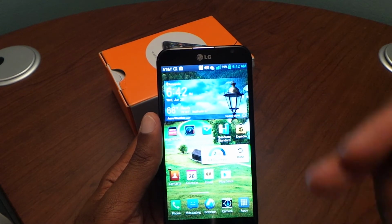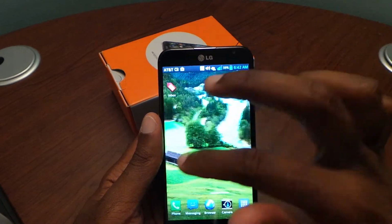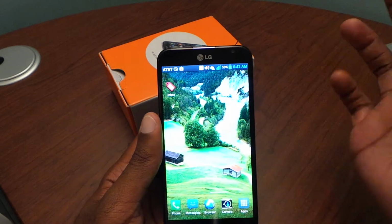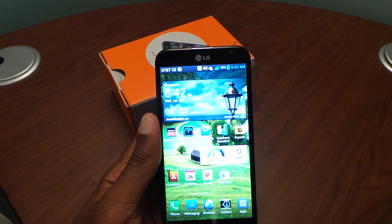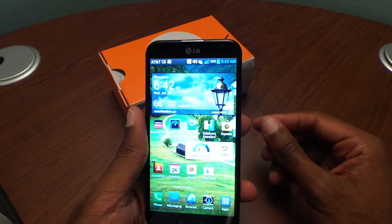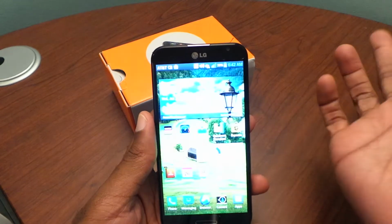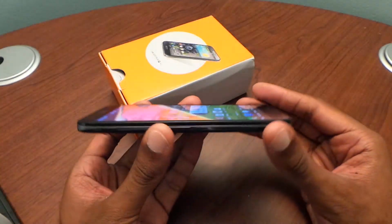And I'm sure LG will have another phone later in the year that will have the next Snapdragon CPU, which is the Snapdragon 800, which is even faster than this. But if you need a phone now, $100, you like a 5-inch screen, you really can't go wrong with this. I'm really impressed with what LG's done with this one. It's probably the best. It is the best LG phone I've ever used to date, and they've done a very good